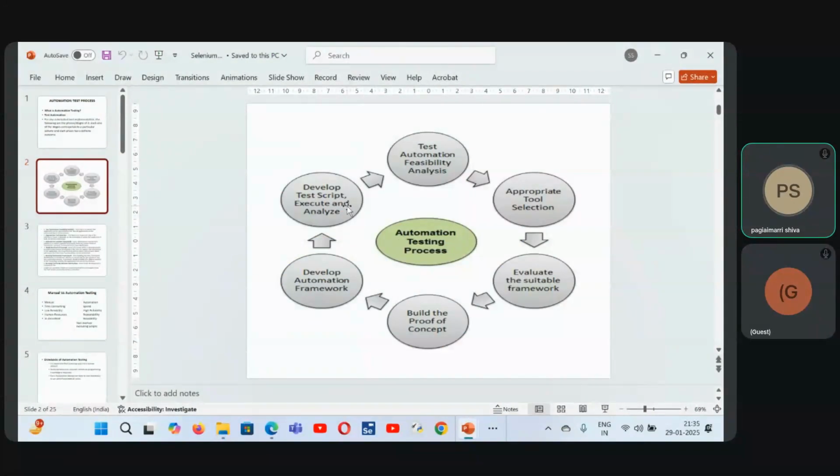See, first what we have to do is feasibility analysis. Gather the requirement. Select the appropriate tools. There are so many tools in the market, but what type of automation tool best suits for testing your requirement should be selected. Then